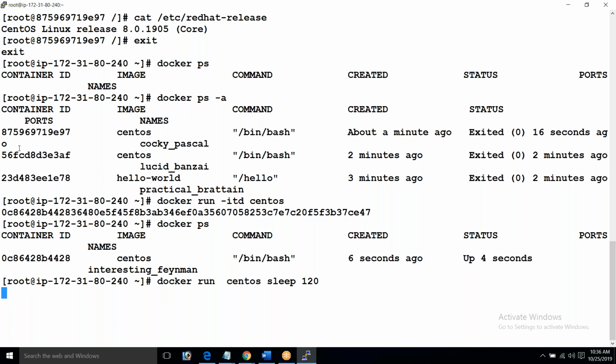Okay, let me cancel this. Let's wait for it, 2 minutes. Just like a VM, if you want to perform some task, generally we provision a VM. But here we are provisioning containers.